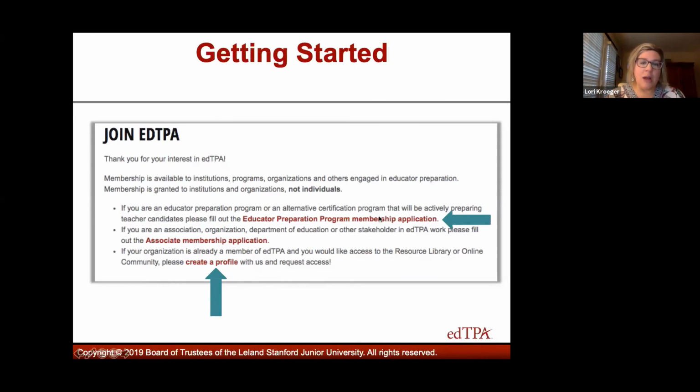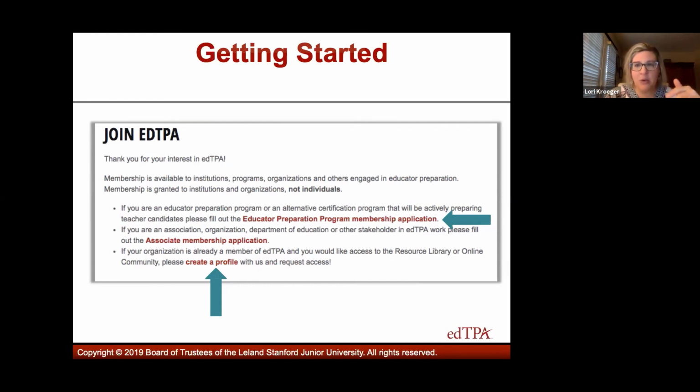There are a couple different levels of membership. There's the Educator Preparation Program. There's also an associate membership. I'm going to be honest with you, and if you've been on some California coordinator calls with me, you know I've said Educator Preparation Program, everybody just join at that level. We said that because initially we thought you needed to join at that level in order to get scores. We're actually working on a few internal processes.